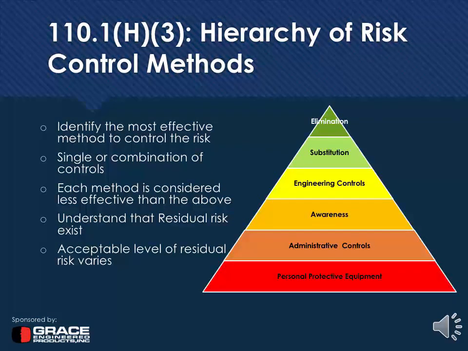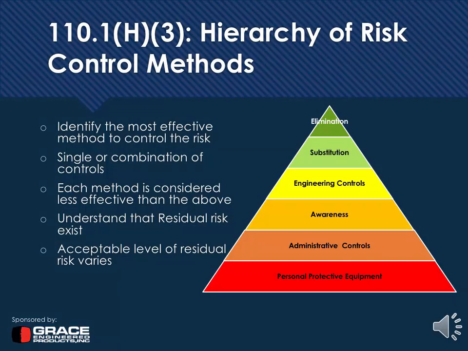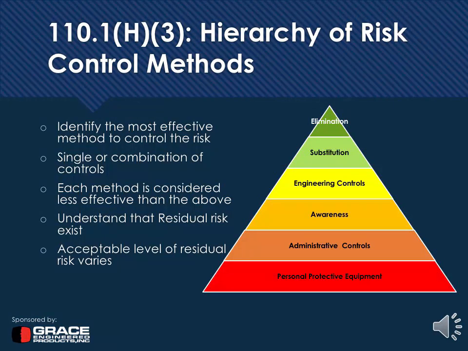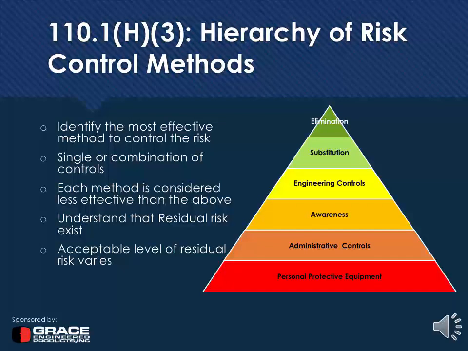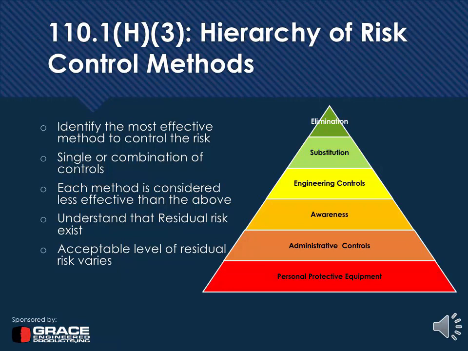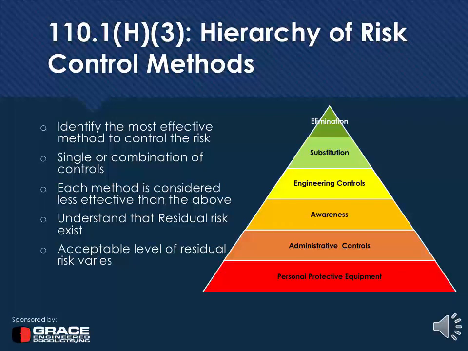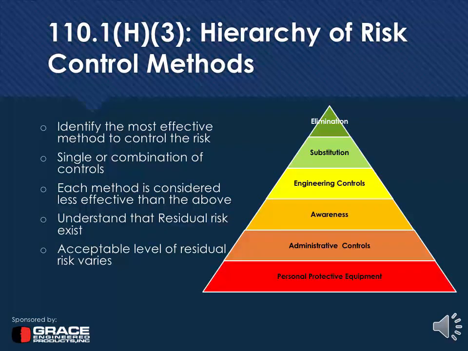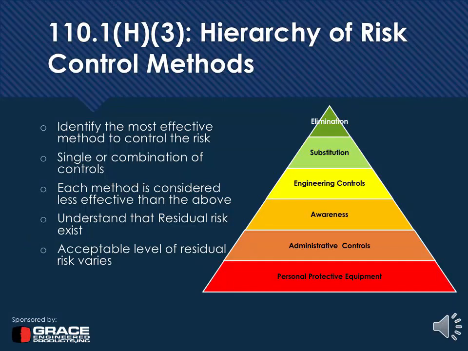So before we go deep into this chart, I would like to emphasize that human factors are recognized as one of the major leading causes for injuries. And human errors again vary with the task and the type of environment they work around. So while considering the risk control hierarchy, you need to put in place controls that have less human intervention. Meaning, if you look at this chart here, your focus should always be on elimination, substitution, or engineering controls, the top three of this pyramid, which are the most effective methods for reducing the risk, because usually these elements are applied at the source of the possible injury,